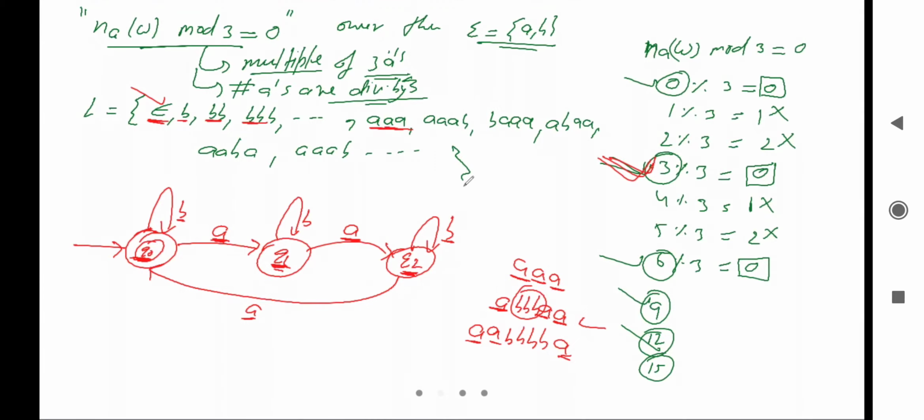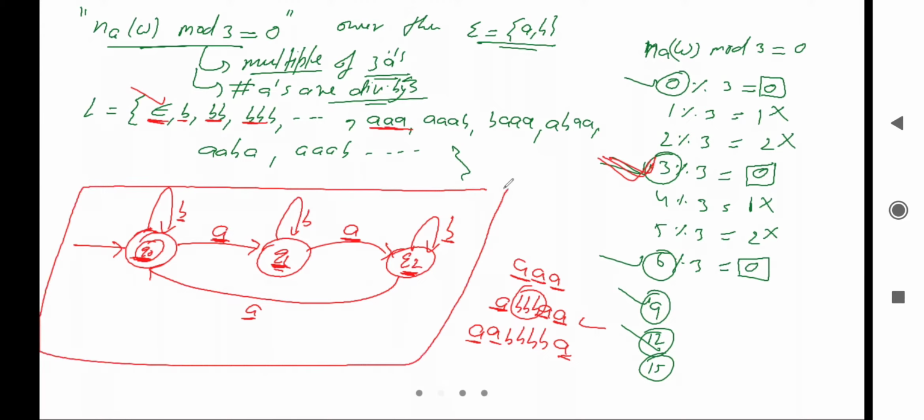So finally we can say it is the minimal DFA. So this one is the minimal DFA, and it will accept all the strings that belong to the language. You can take any string out of these strings, it will definitely accept that string. And you can take another string which doesn't belong to the language, it will not accept that string. Let me say it is 2 times a